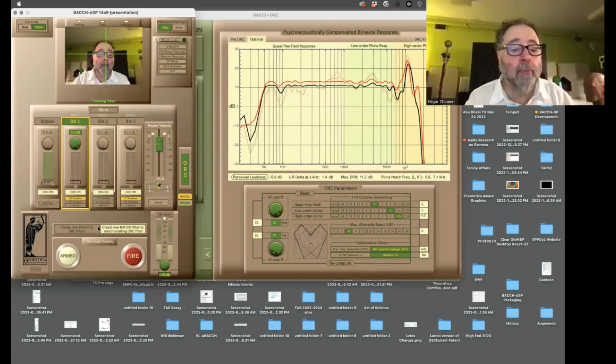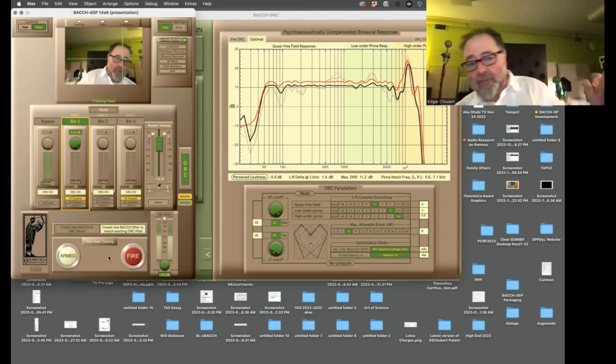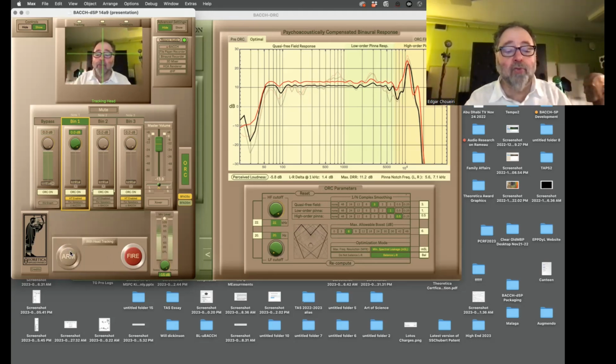Here we go. So you see now, when you click on ARM, you get these 2 buttons. You can either create a new Bach filter and ORC filters, which is the first step usually, and then you can create a new Bach filter to match existing ORC filter. So you click on File, you hold microphones, you do the same thing that you do with Bach DSP, and then that's it. You produce these filters, they're loaded, and you can turn them on and off by clicking on the ORC button right here. Once you make the filter,